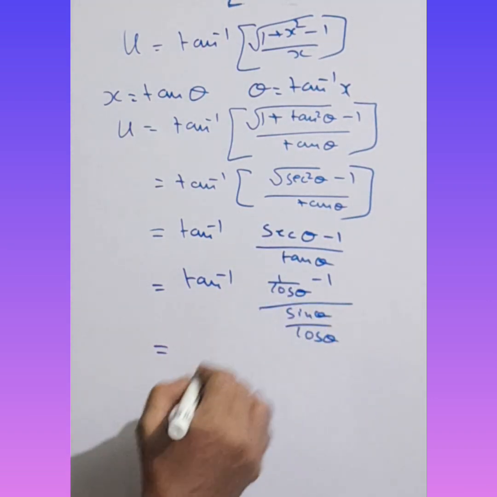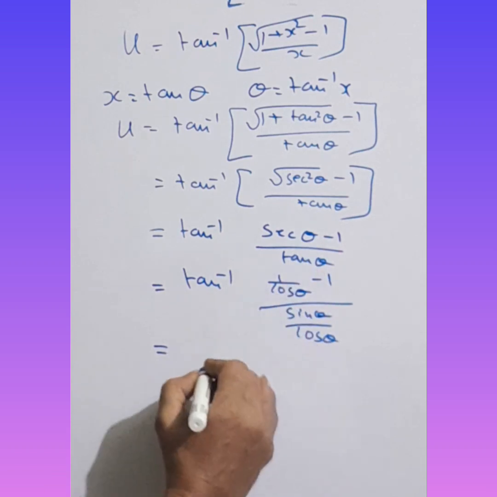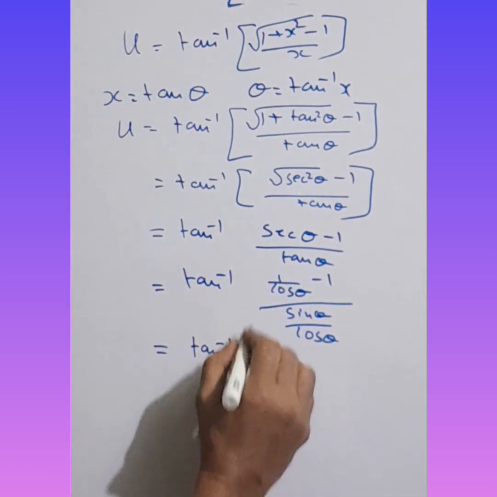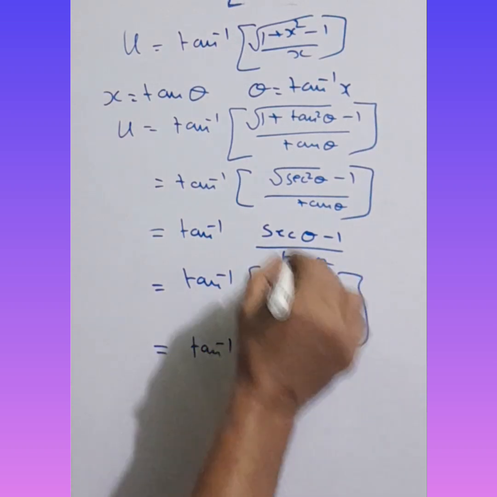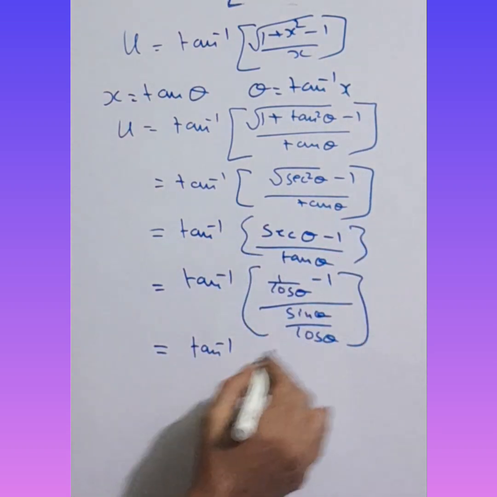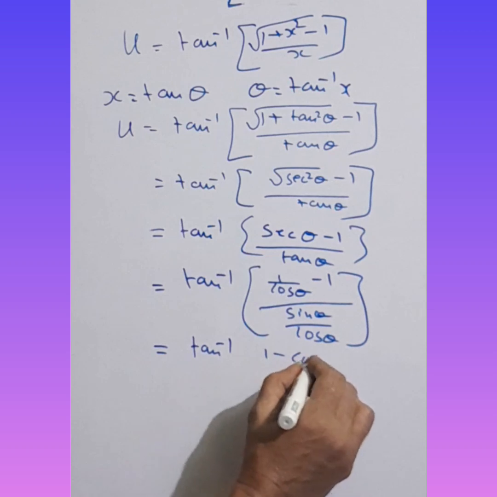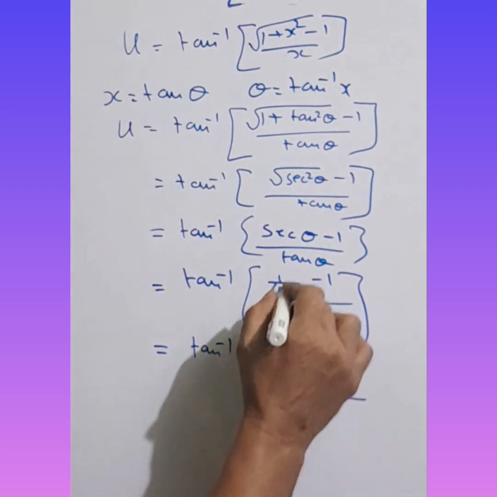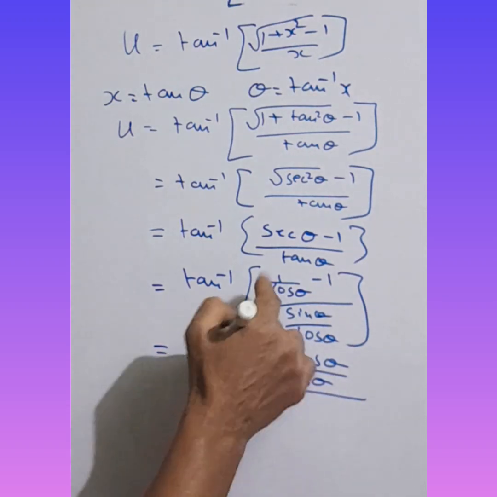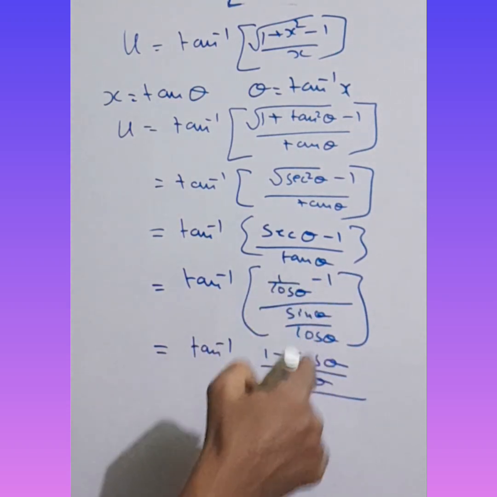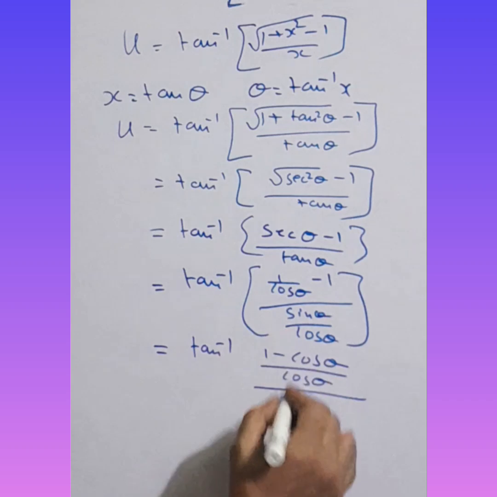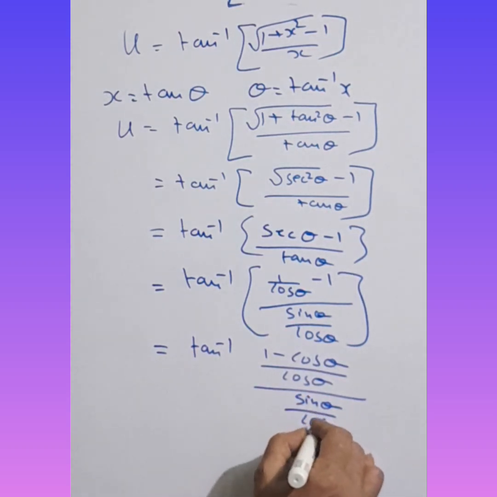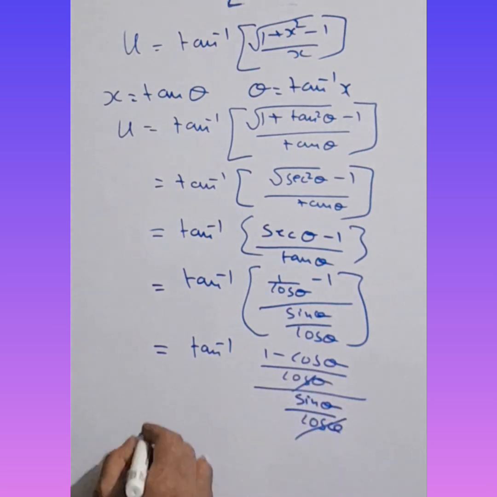I am sure you are okay with LCM. So cos goes there. This is the numerator part, and 1 over cos, that is cos theta, is the denominator. So this cancels, and we end up with